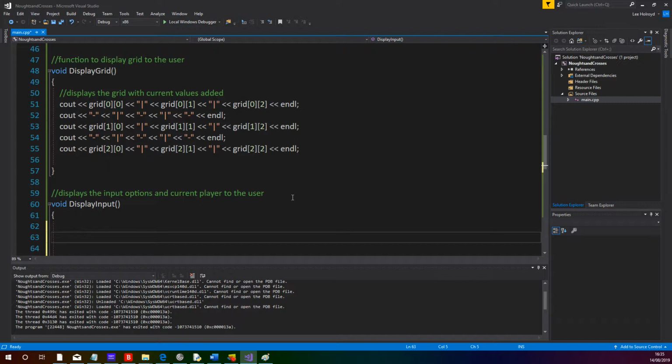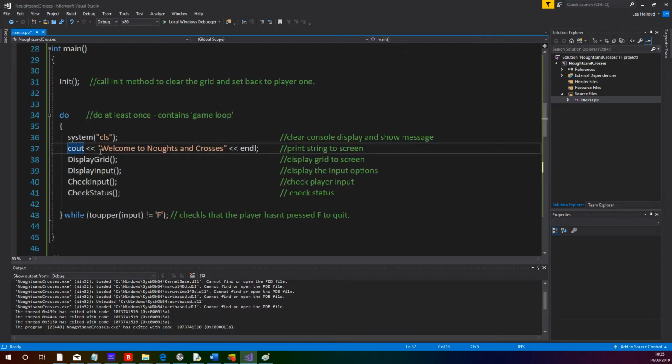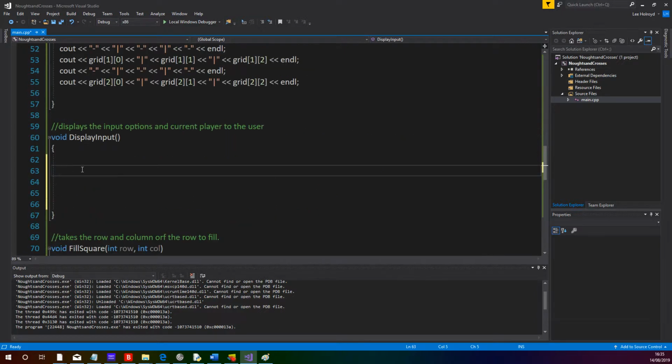Okay, so inside our game loop, we've now cleared the screen. We've put cout to screen, which is welcome to noughts and crosses. We've displayed the grid, and now we're going to do this function DisplayInput. So we're going to do it here. Okay. So within this, we want to put